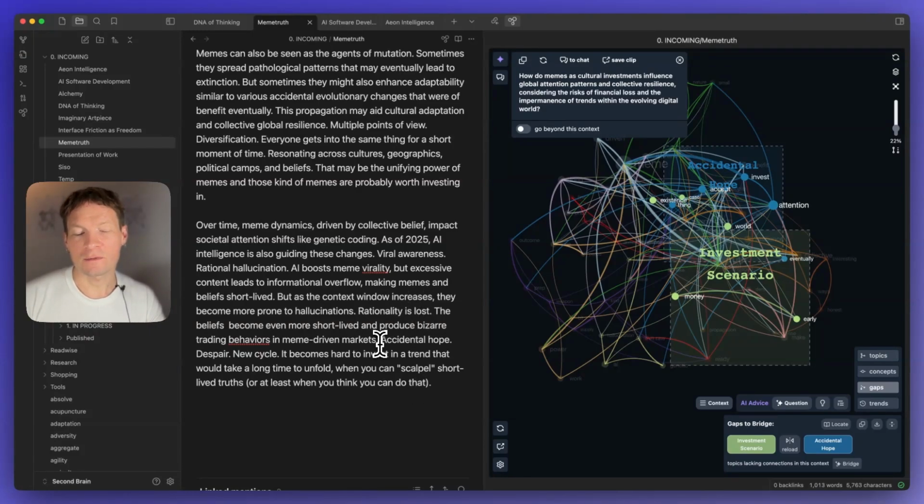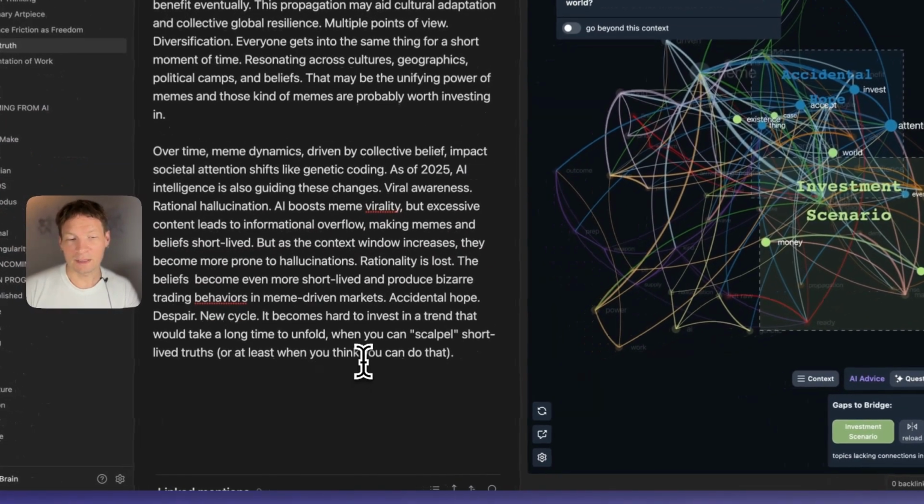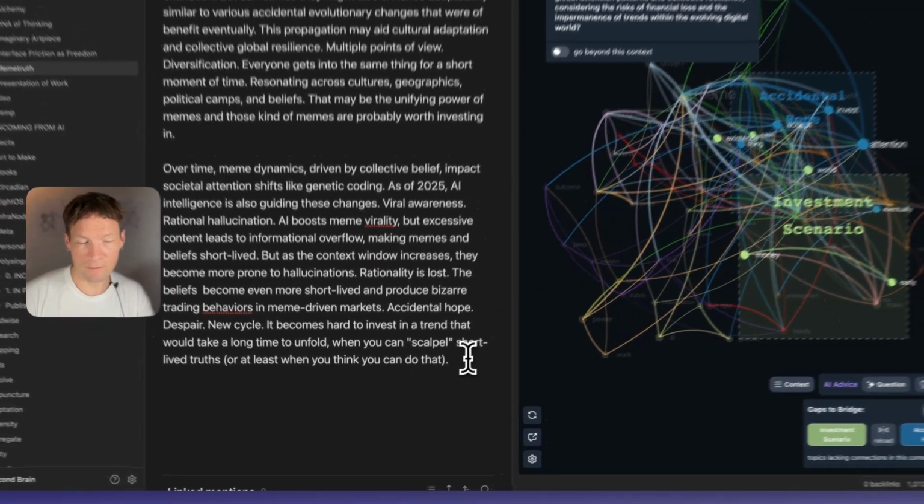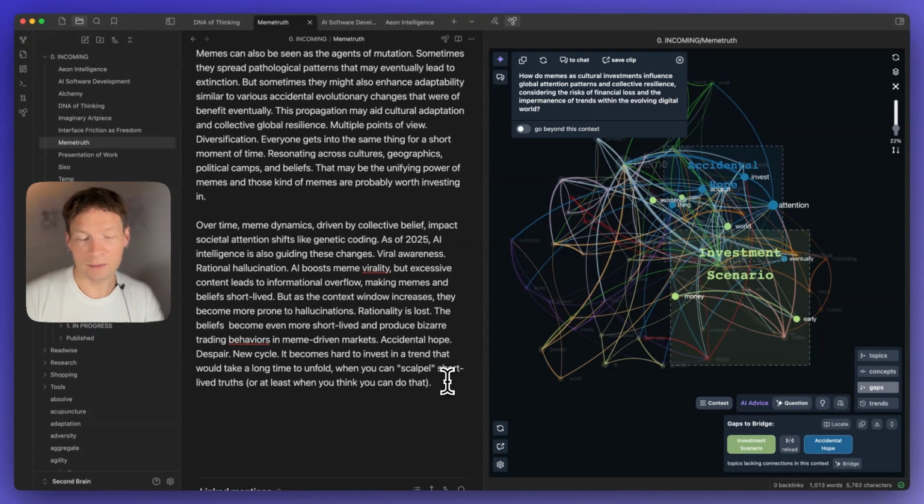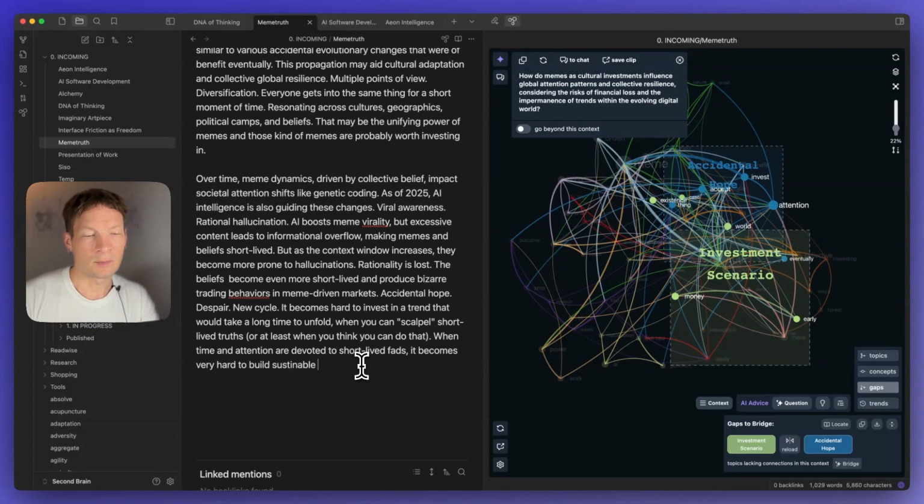So that's kind of like this question of whether this meme culture, when applied to financial trade, whether it makes people also believe less in things that take longer time to come to fruition, right? Like some things they take years to develop, and when money and attention is directed to short-term stuff, the long-term stuff are underdeveloped, and that might be a negative outcome. When time and attention are devoted to short-lived fads, it becomes very hard to build sustainable